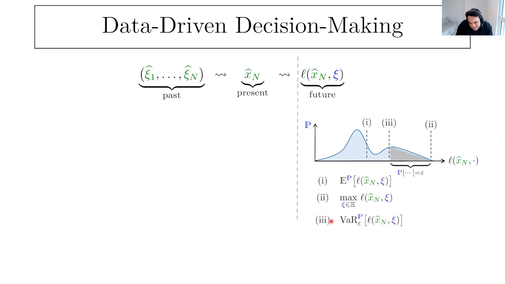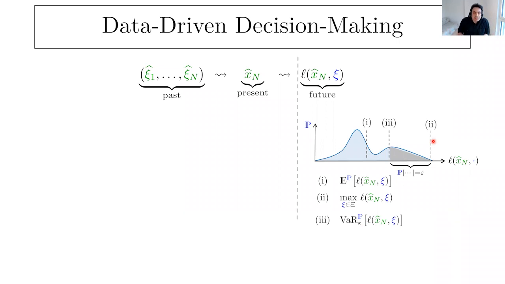It's a less stringent perspective compared to number two, in the sense that you allow yourself to neglect epsilon probability of future loss. So you are happy with neglecting the very rare events, and then you ask the question: what would be the worst case loss if you allow yourself to neglect epsilon probability of future occurrence? So by definition, number 3 is lower than number 2, and the smaller the epsilon, the closer to the worst case scenario. So these are three different risk measures.